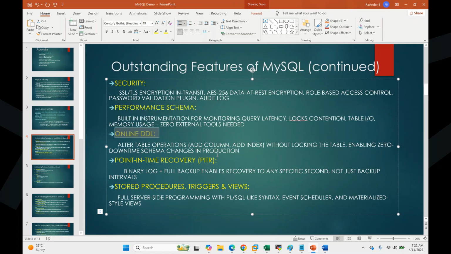Online DDL is one good thing in MySQL. We have online DDL in all products anyway. Like when we create an index, create index online, rebuild index online, using tempdb in SQL Server. In Postgres also we have a similar concept. Online means concurrently; there is one word we use, concurrently, to create indexes online. So we have multiple ways: you can make changes offline, online, and partial online. We have three methods here.